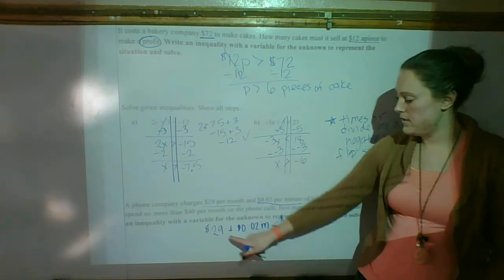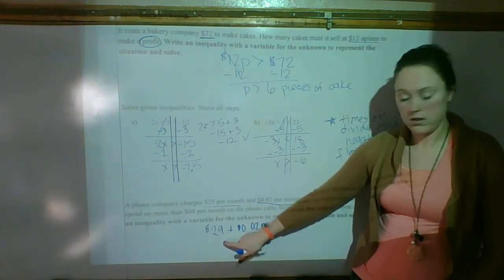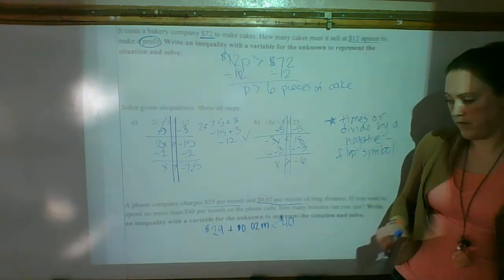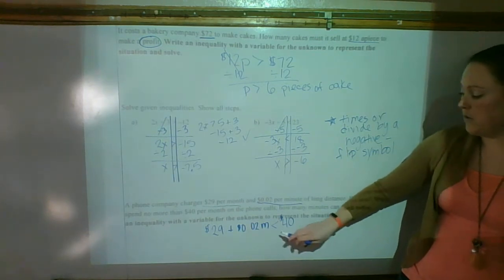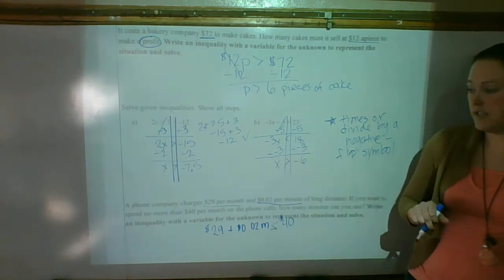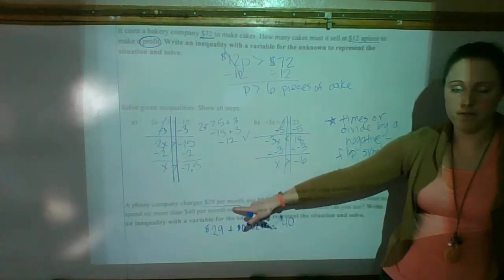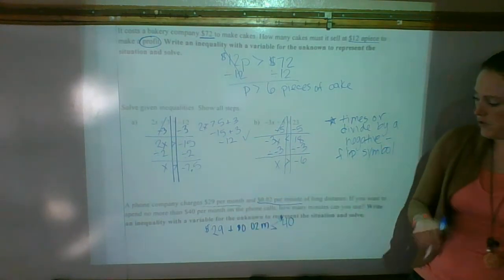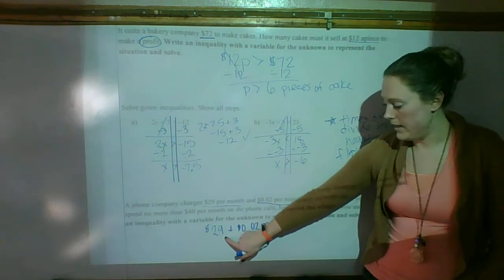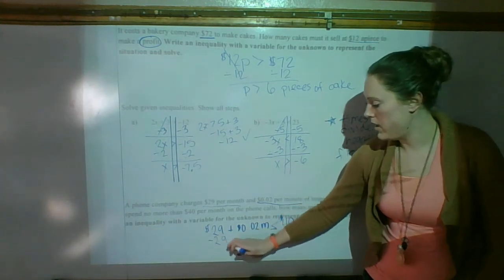So my first step is, could it be equal to 40? Good question, could it be equal to 40? It says no more than, so it is possible to have $40 equals 40. That wouldn't be any more than 40, so then we would be good. Good catch. So yep, and then instead of adding 29, I want to go ahead and get rid of my